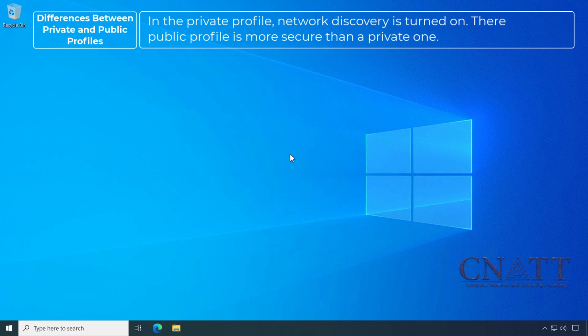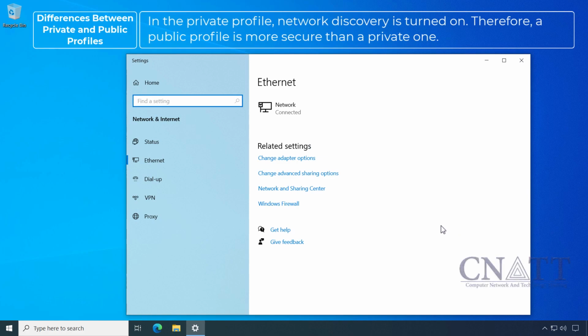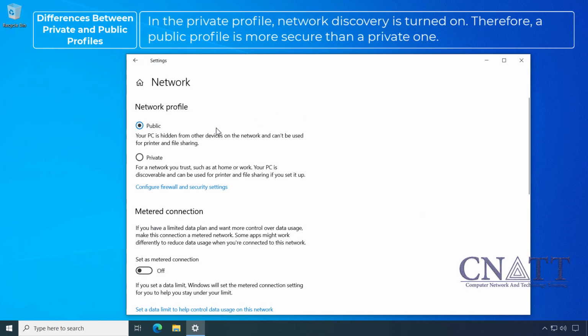In the private profile, network discovery is turned on. Therefore, a public profile is more secure than a private one.